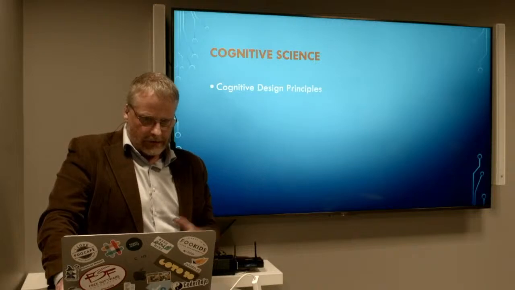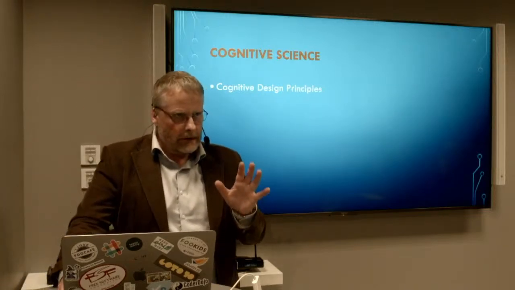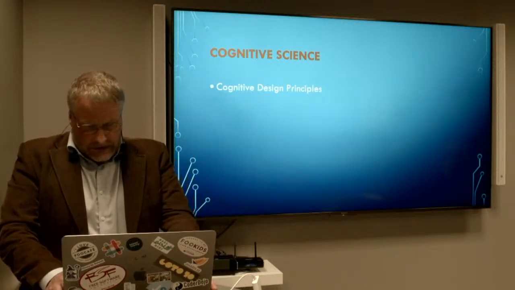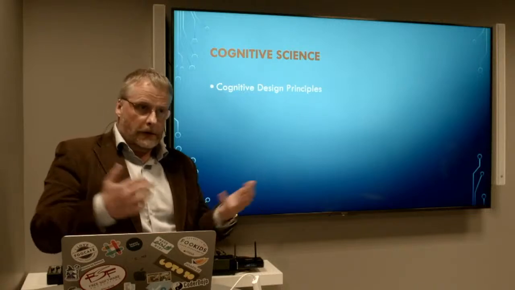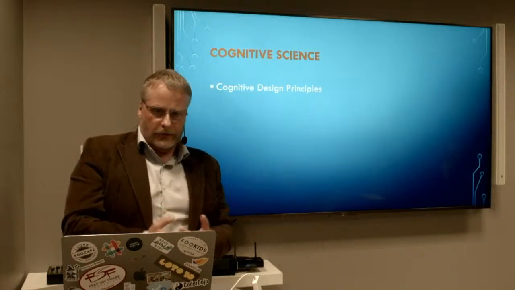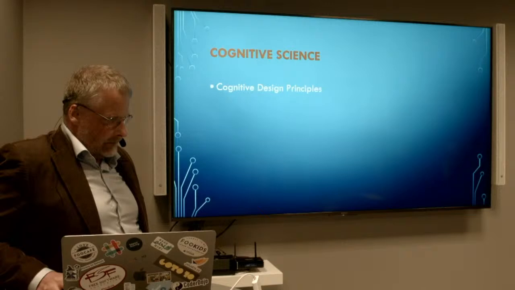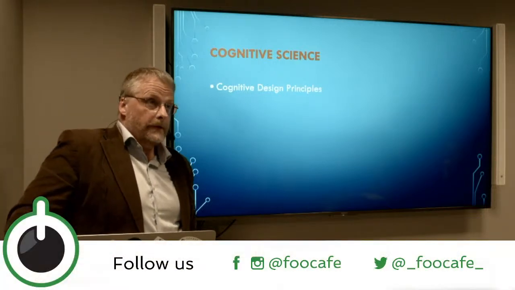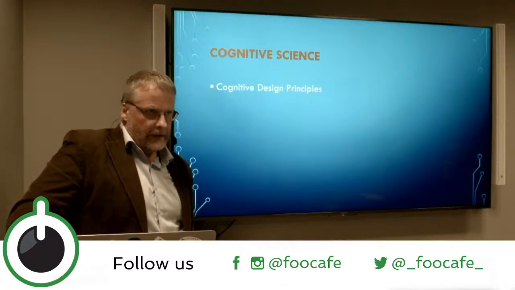I just want to mention something about cognitive science and stress some points here before we have a discussion, and then I will tell you about a particular platform that we are trying to develop. Cognitive science is important because we all have to relate to how humans actually work and the properties of humans, in particular cognition, when we try to build or apply AI for learning and for teaching. If you're aware of user experience or user interface design, nowadays you use certain principles to make them useful, so you use cognitive design principles that take into account